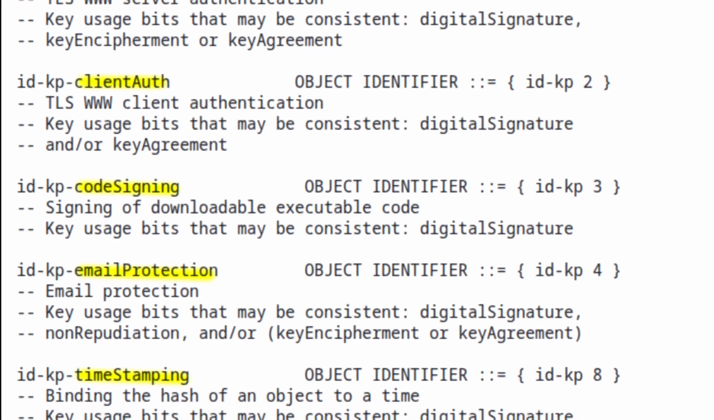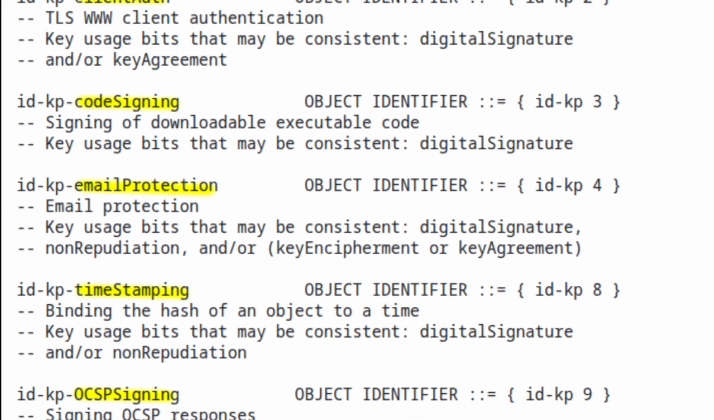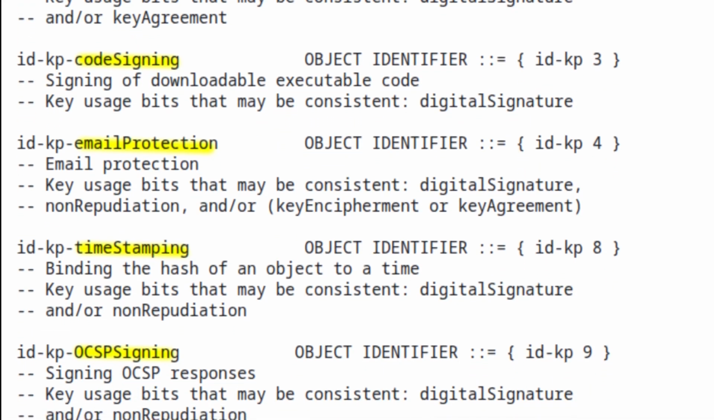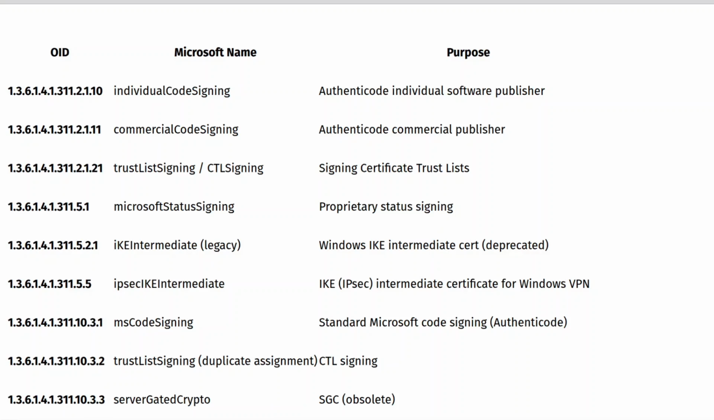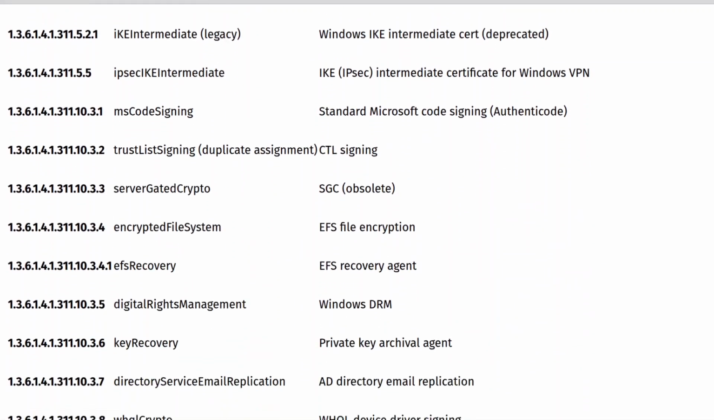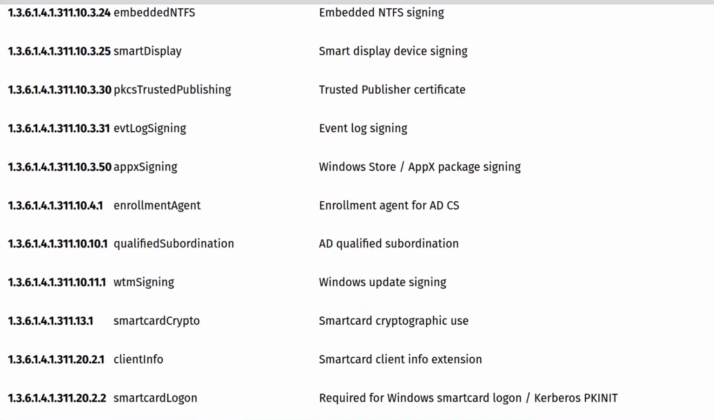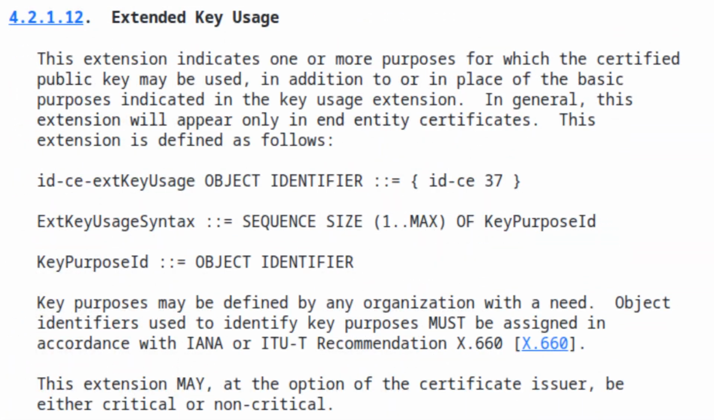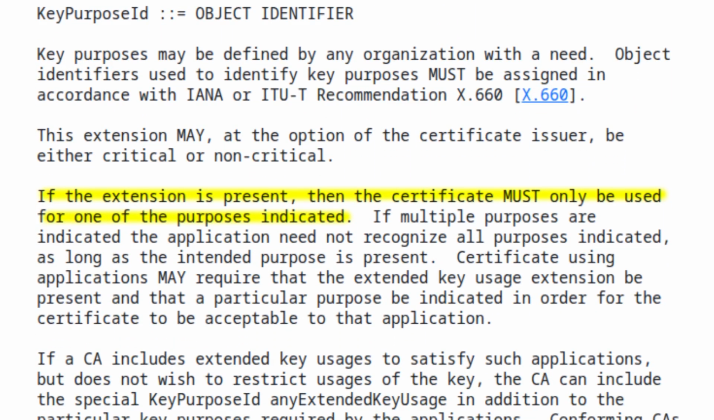RFC 5280 only defines this small set of EKUs, but there are provisions allowing for organizations to create and register their own. Microsoft has contributed the largest number of EKU definitions, many of which have been adopted industry-wide. Other companies such as Google have also defined EKUs. The governing rule is that if extended key usage is present, the TLS stack must adhere to the usage specified